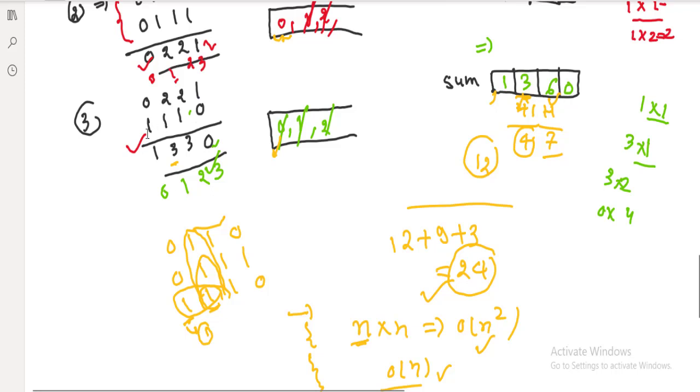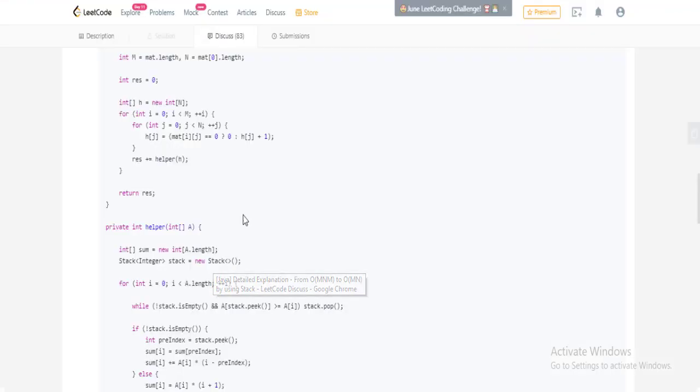Now for here, if it is 1 then we'll add the previous value, like it is 1, so 1 plus 0 becomes 1. This is 1, so 1 plus 2, 3, 1 plus 2, 3. If it is 0, now it will be 0. Why? Because if it is 0 we need not consider it for the larger height. If it is already 0, we are not able to get any submatrix ending with this particular cell, so it will be 0 in this case. Okay, so now let's see the code for this approach.